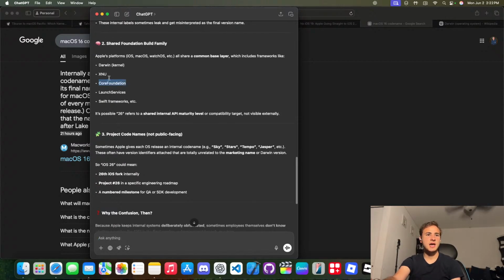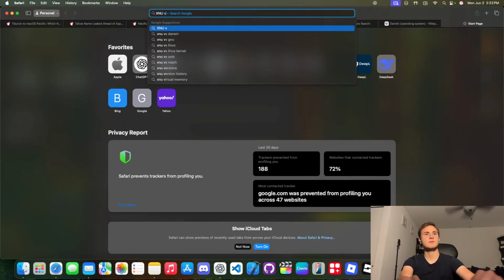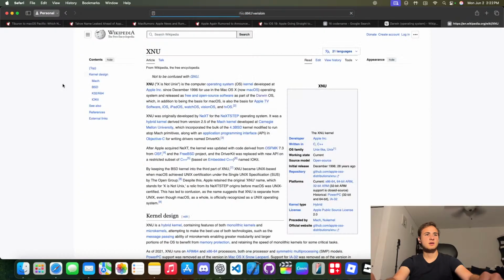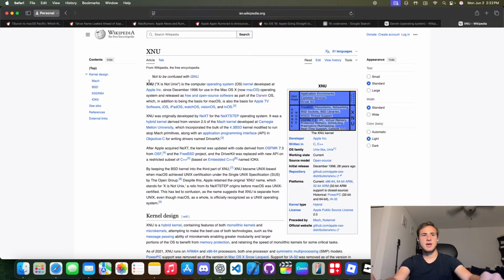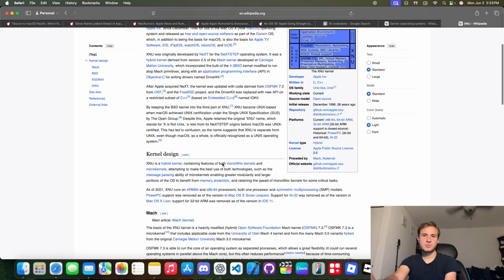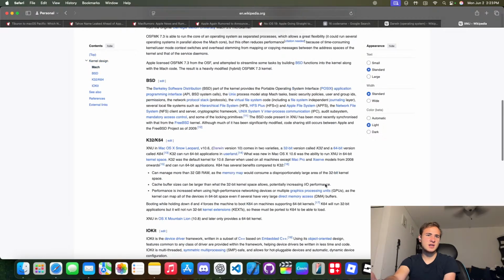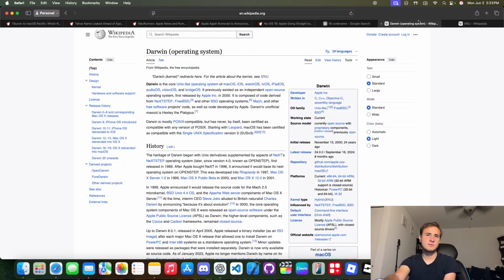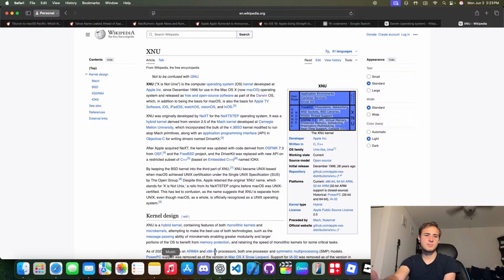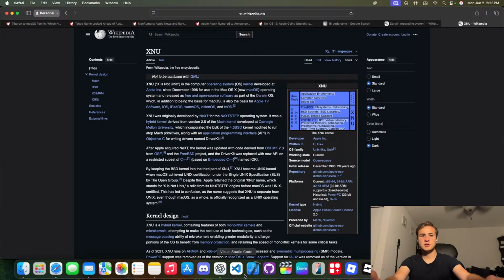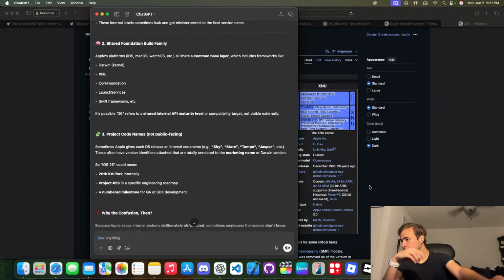Alright, so there's also XNU. Okay. So there's also an XNU version. Alright. So XNU, X is not Unix. Oh, I never knew that XNU stands for X is not Unix. So, I guess it doesn't give us a version of XNU. So, yeah, turn on dark mode, Wikipedia. Alright.